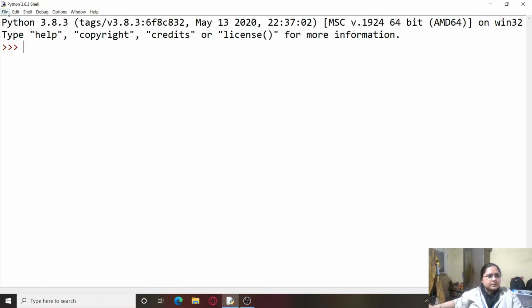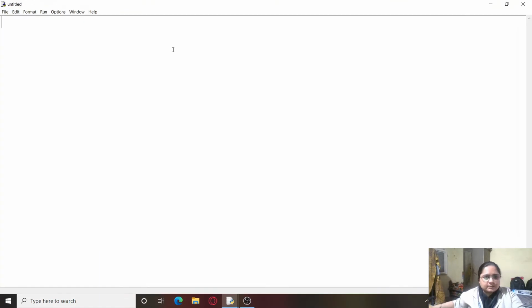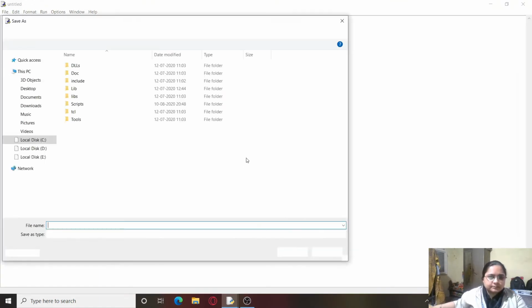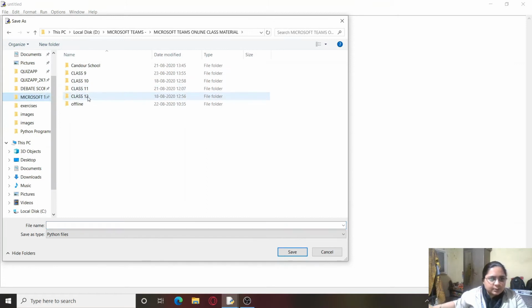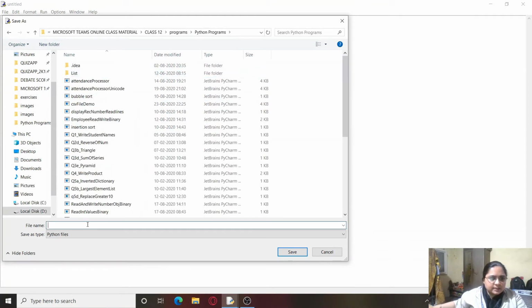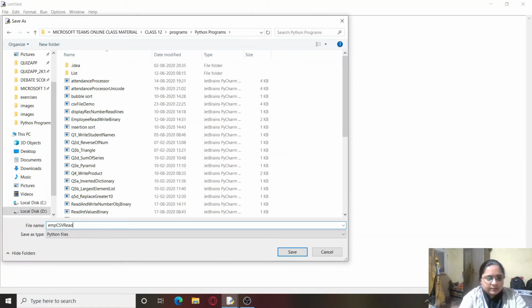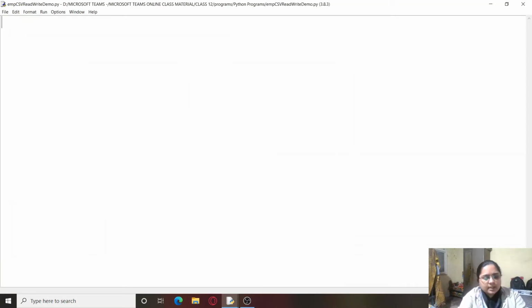I will first open a new file and save it in a particular location. Say over here I'm going to save the CSV file as emp CSV read write demo. This is the name of my file,